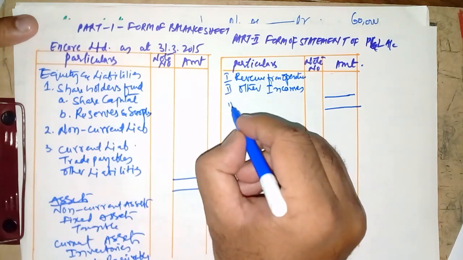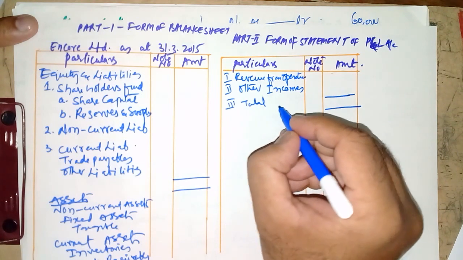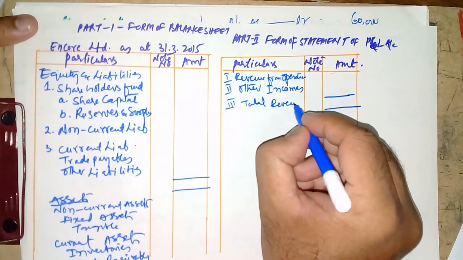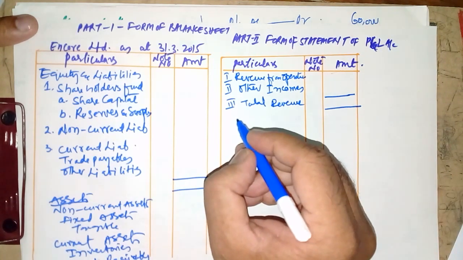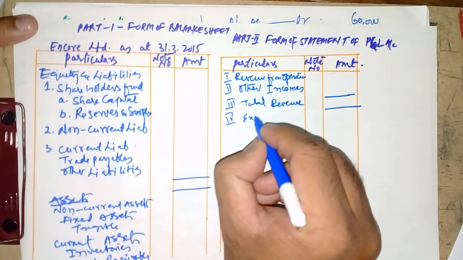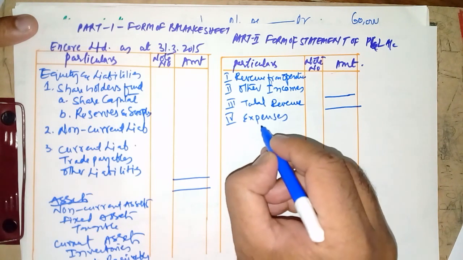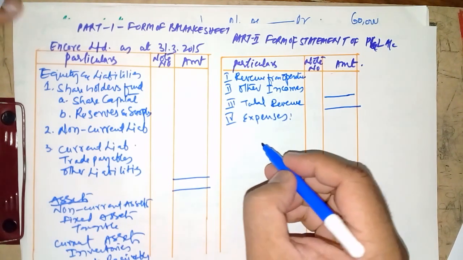So we'll get Roman 3, then total revenue or income, then we have Roman 4, expenses, right? Under expenses we have